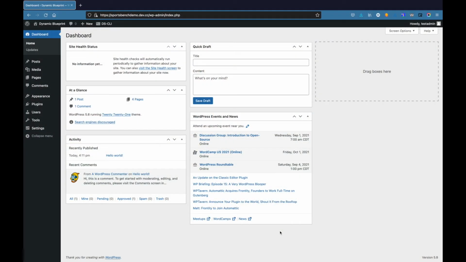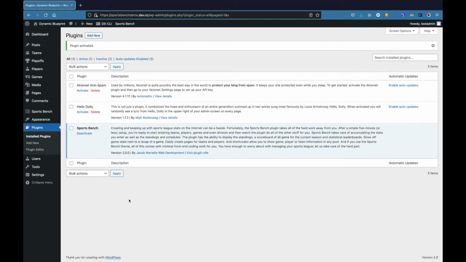Welcome to this tutorial about how to get started with the Sports Bench plugin. So first off here, I have sort of a blank demo site that I've set up, and I'm going to go in and install Sports Bench. Okay, so now that it has been installed and activated, we can now see the teams, playoffs, players, games, and